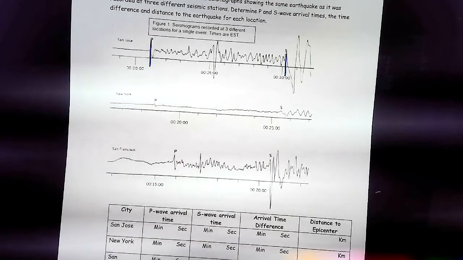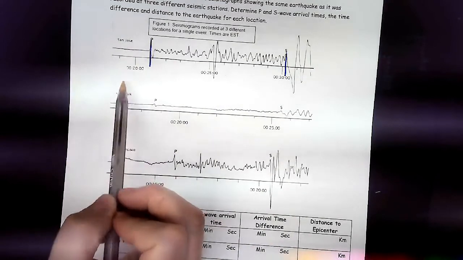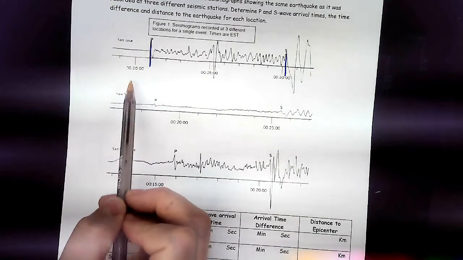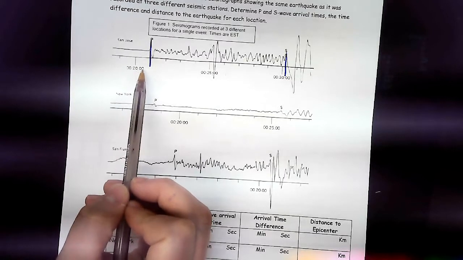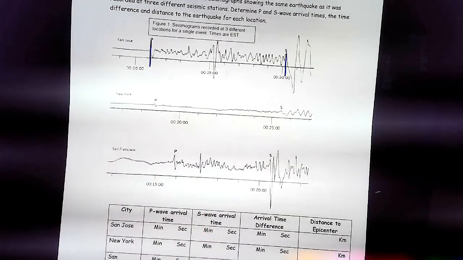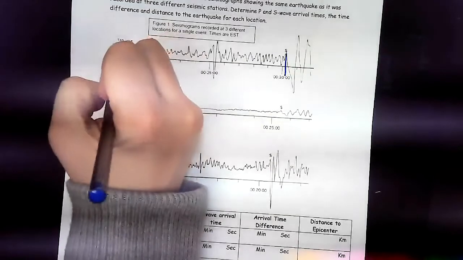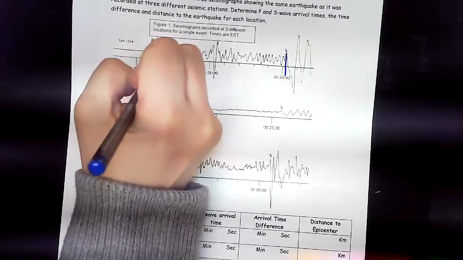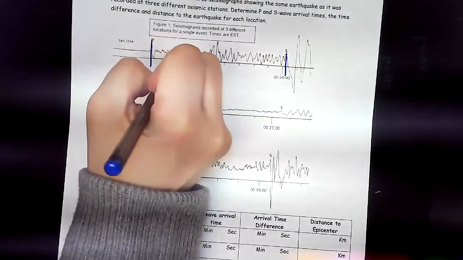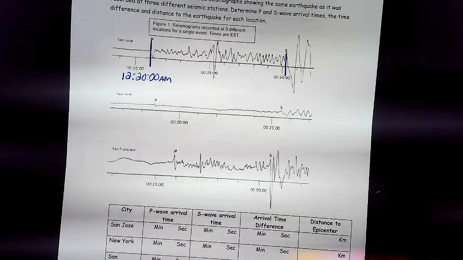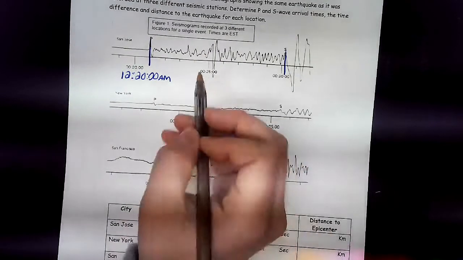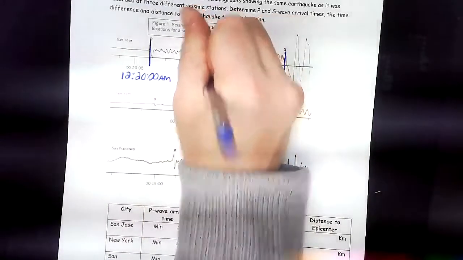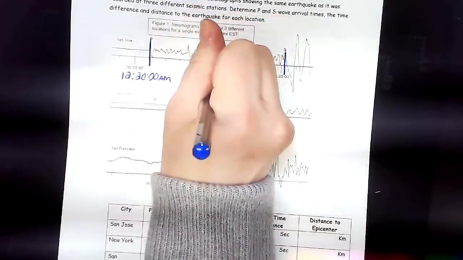Now, we have to figure out when each wave gets there, the P wave arrival and the S wave arrival. Some of these numbers are labeled. Here it says 0, 20, 0. What does this 0, 20, 0 mean? Okay, so this is officially like midnight. We would have written it like this, and we would have said AM. That's how we would have written that. So this is midnight, 20 minutes after midnight. The next number that's labeled is 12:25